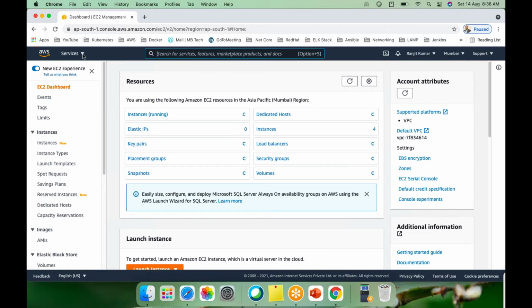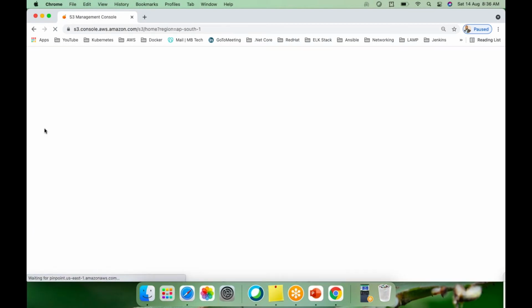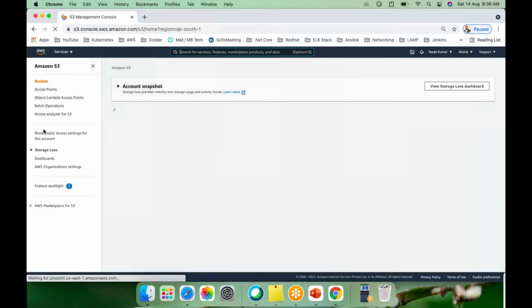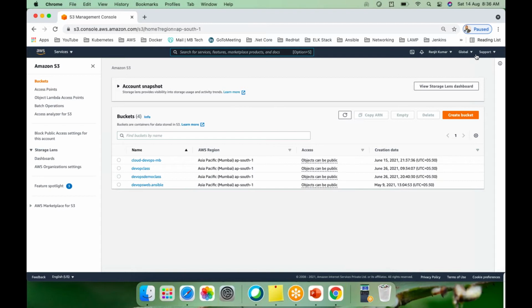But whenever I select S3, it converts to Global. That means S3 does not rely on regions.